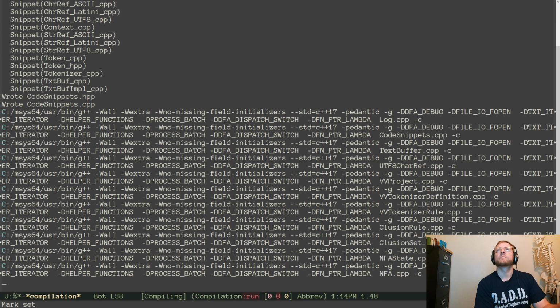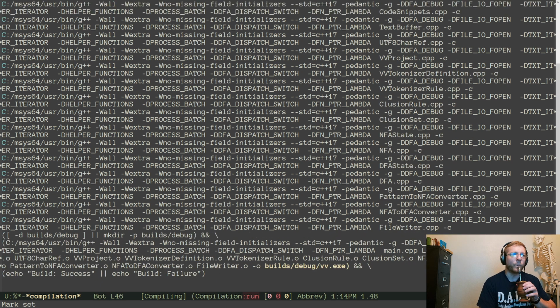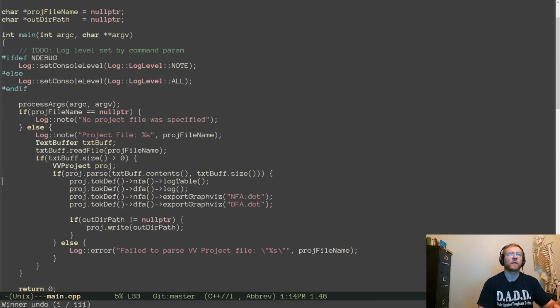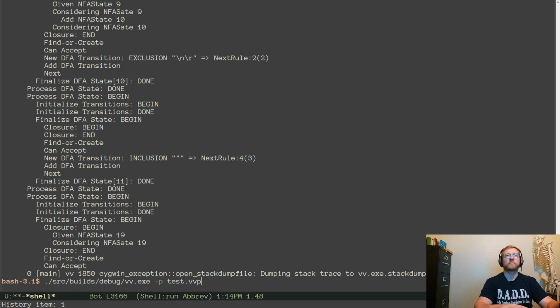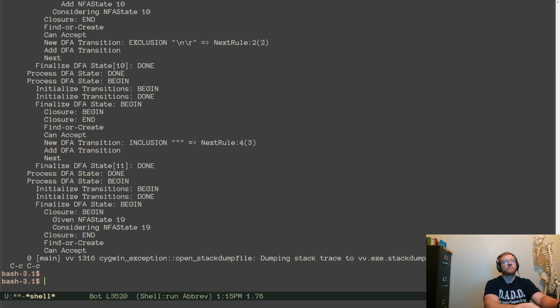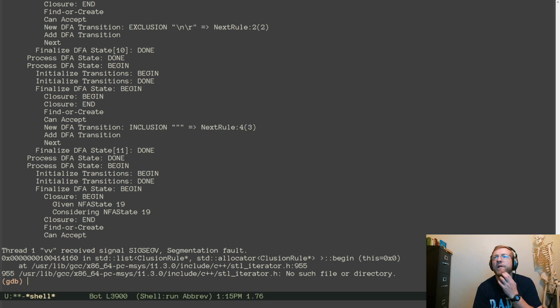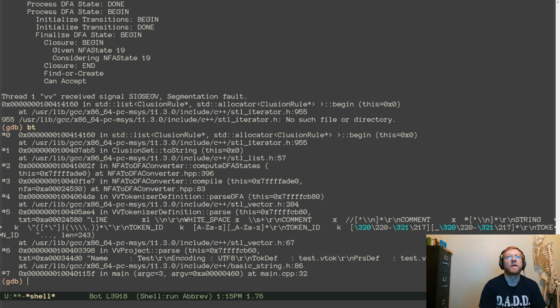Oh, so that may very well fix the newline characters. So just unhappy. And what I don't want, this is one of those weird compiler bugs. STL iterator. Blah blah blah. Compute DFA states.